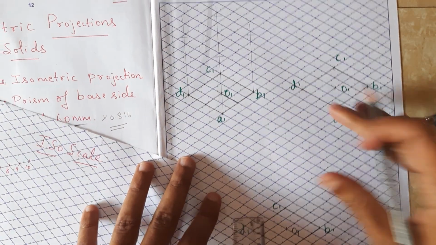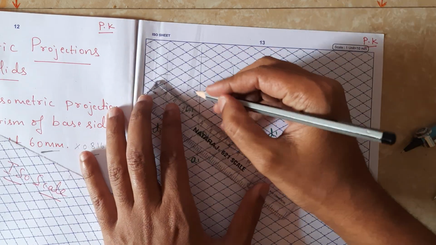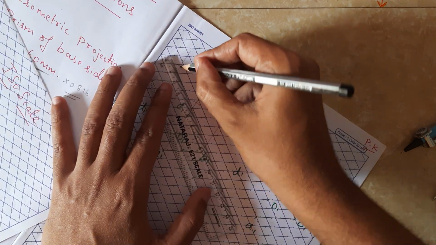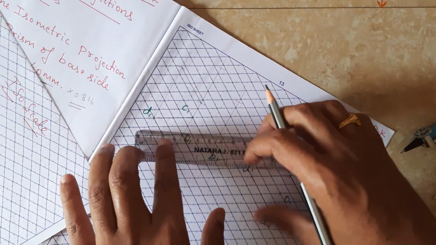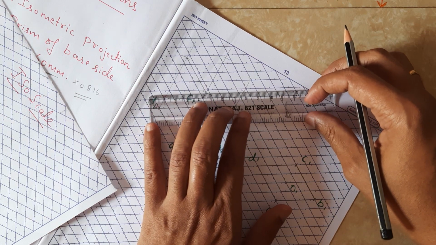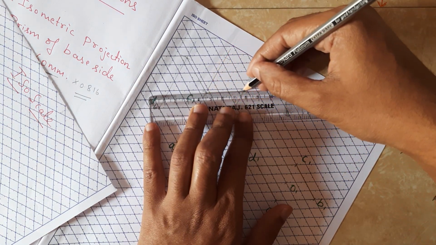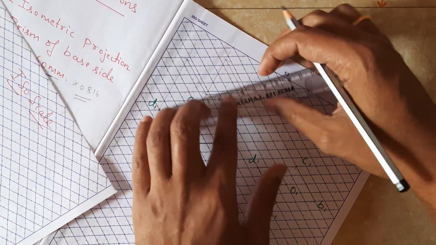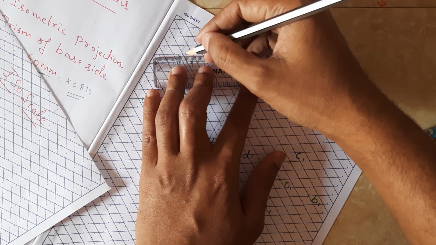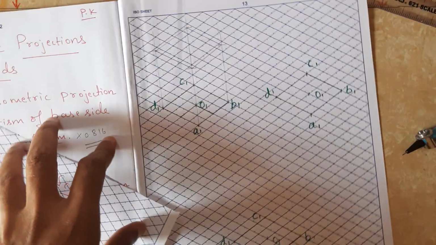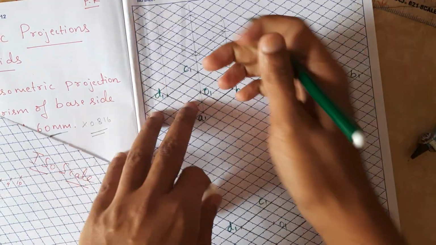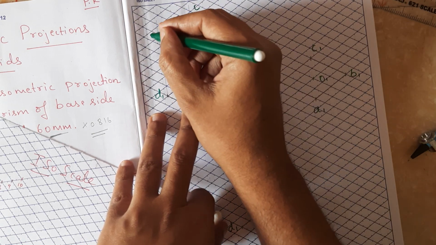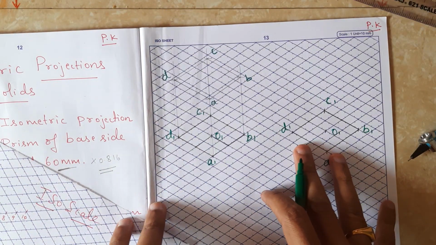Now with the help of the scale I am going to mark all this. This also must be thin. Initially in isometric projections everything should be drawn with thin lines only. Don't make it dark. So this is how I am going to draw it. So what is the naming I am going to give? See, this is A, B, C, T. Okay, you got this one.